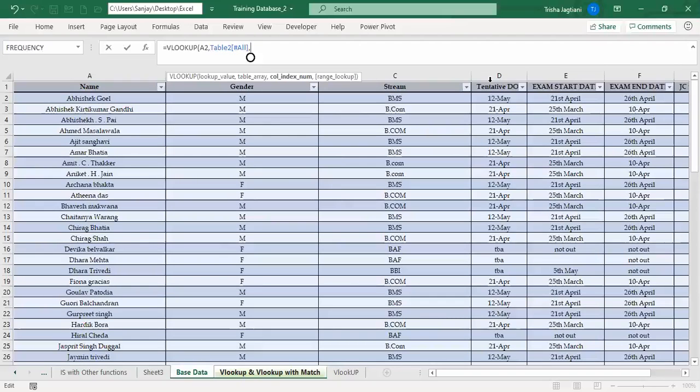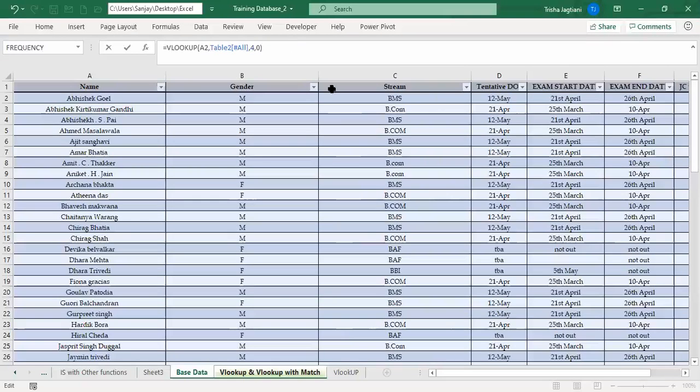So I'm going to pick that and put it in my function here, which is 4, 0. In Excel, if I do not want to enter false, I can also enter 0. So in Excel, true is 1 and false is 0. So I can also enter 0 instead of false.